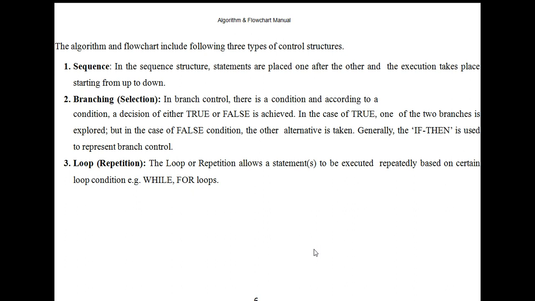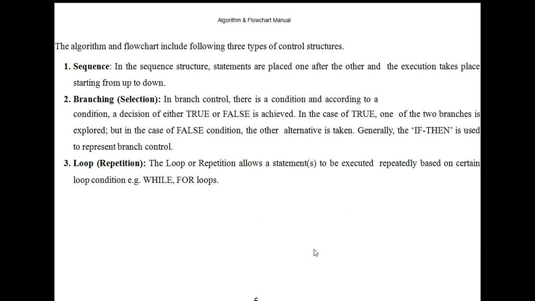The first one is sequence. In the sequence structure, statements are placed one after the other, and the execution takes place from top to down. So the statements are placed one by one, and their execution takes place from top to down.